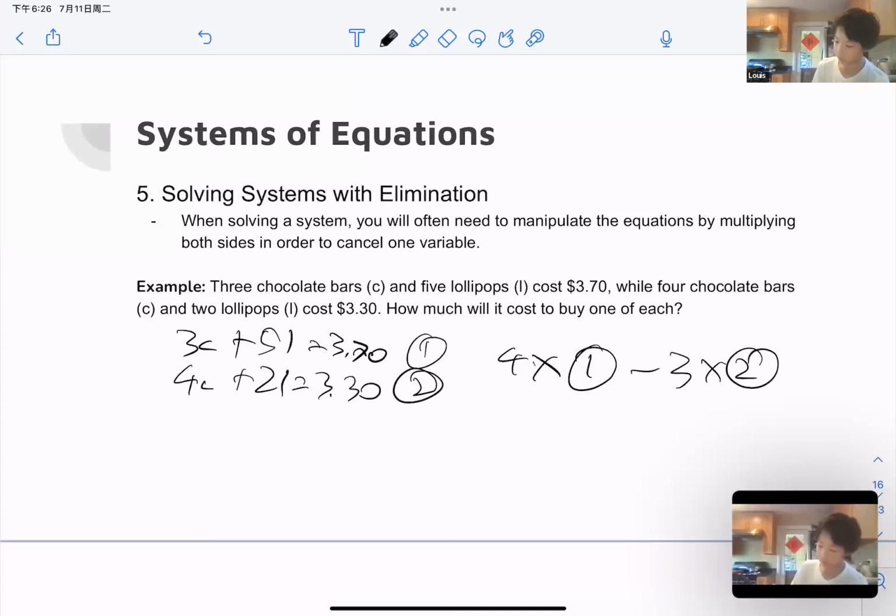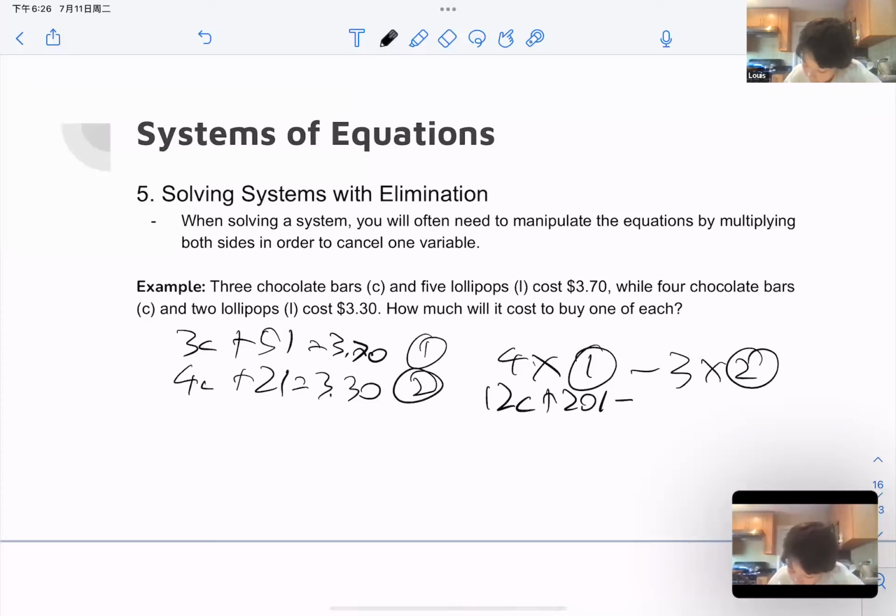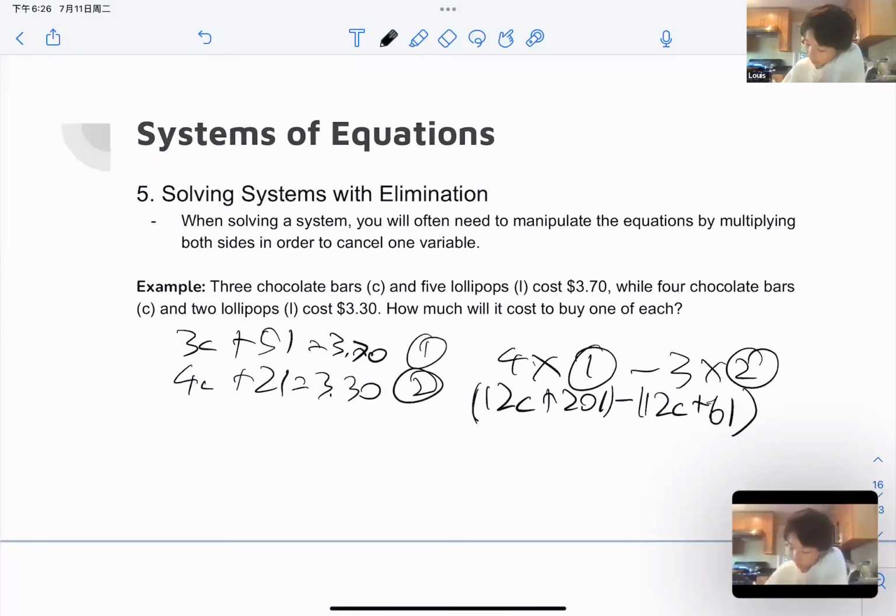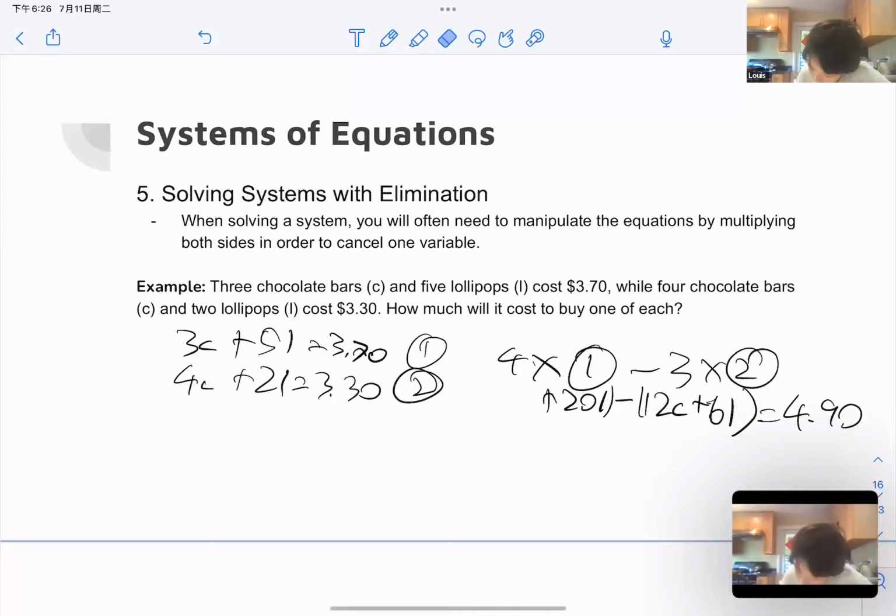So this would give us 12C plus 20L minus 12C plus 6L, and this equals 4.90. So since the 12C and the 12C cancel,